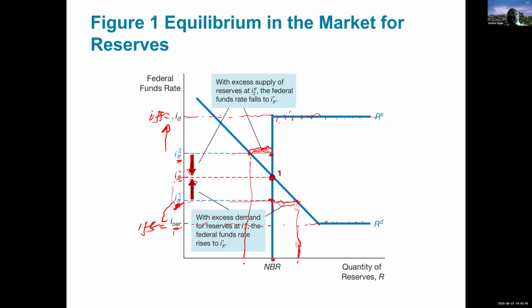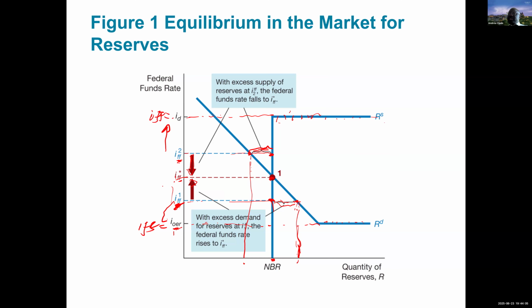Okay. But then I'm going to show you later how we can link this federal funds rate, because this federal funds rate is not the market interest rate. It's different from your interest rate, like the interest rate on a mortgage or car loan or student loan. This is different. The interest rate on a mortgage or student loan, that's what we call the market interest